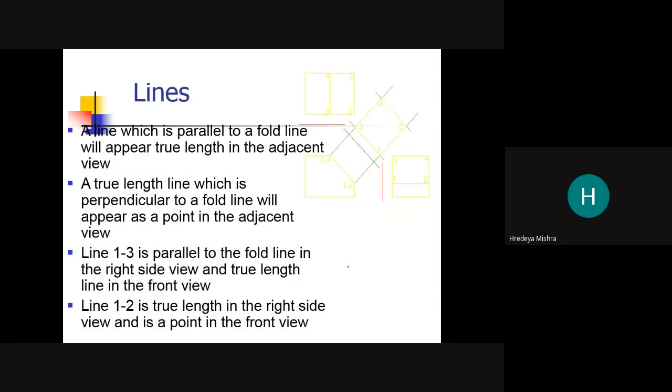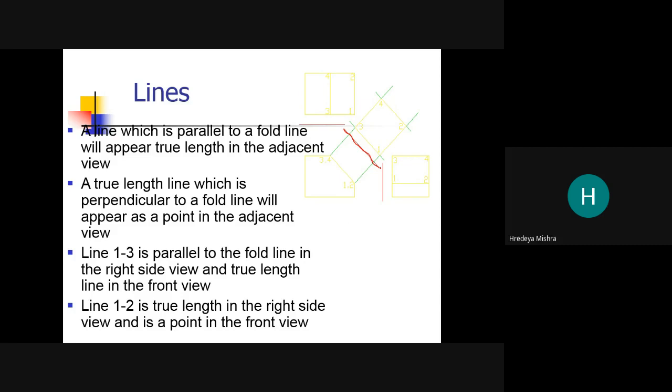Okay, so a line which is parallel to the fold line will appear true length in the adjacent view. So what happened? These lines, 4 and 2, and 3 and 1, are parallel to this plane, or we can say that this is the fold line.